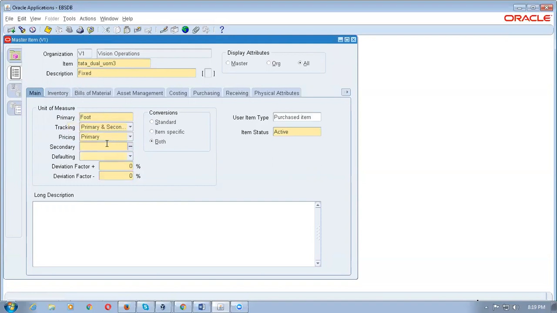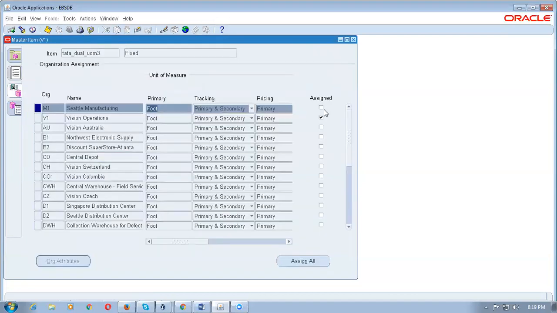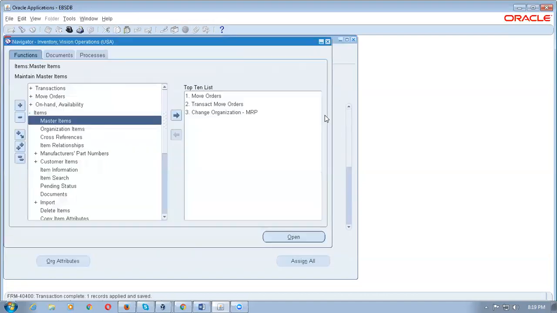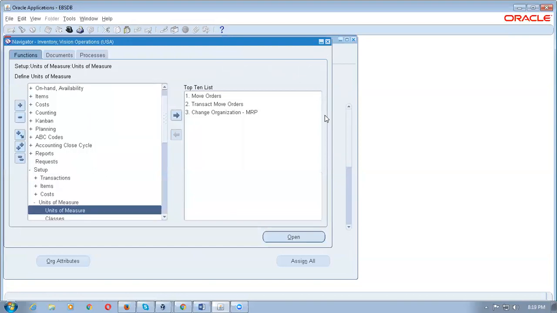And then secondary is pounds, and then go there. Defaulting is what? Fixed. So I'm putting it as fixed. Control is commit, and then Alt T, and then O, and then assign it to the organization. Commit and close it now, and then collapse all, and then go to setup unit submissions, go to classes, and